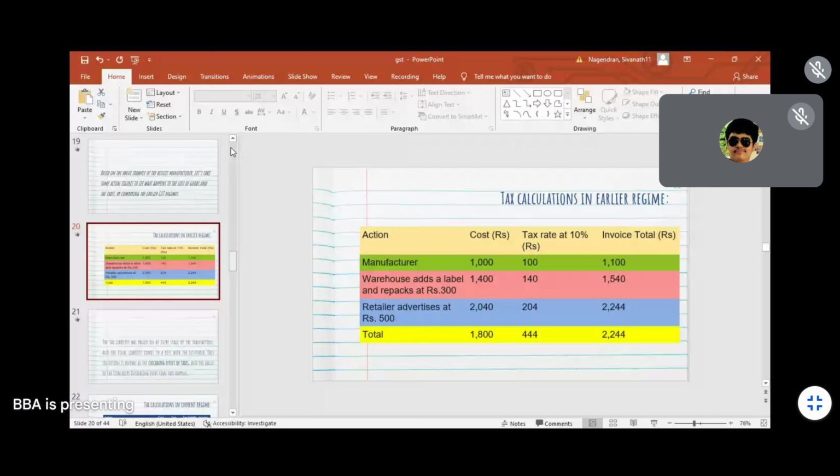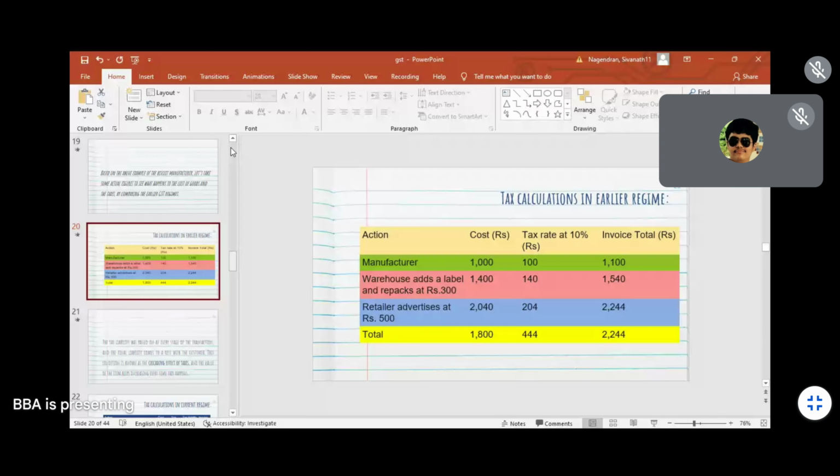So at the first time, the manufacturer decides and fixes that the cost of the product is 1000 rupees. So he is adding 10% of tax rate. Just for example, I have given 10%. So 10% is VAT, and that 10% we first add. So from 1000, 10% is 100 rupees, right? So in the invoice I am mentioning that the price of a product is 1100.